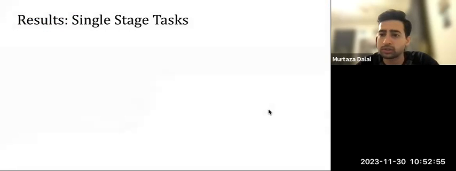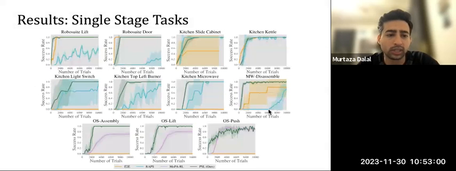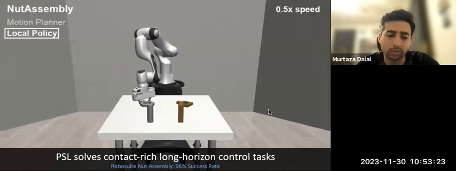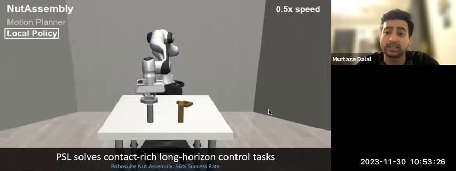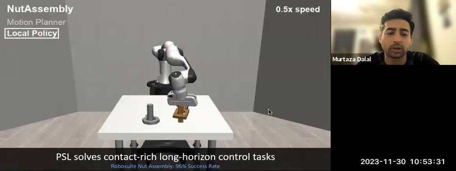So here are some results and some learning curves on the single stage tasks. And we find that our method in green is the most sample efficient in most cases. In some cases it is similar to the performance of the end-to-end learning methods. And the important part here is that these are just single stage tasks where all we're doing is initializing close to the object, and that already gives us a very big benefit. Now what we'll see is that for long horizon manipulation, which is the regime that we really care about, our method greatly improves the learning performance, to the point where we can solve tasks that could not be solved by some of the prior methods.